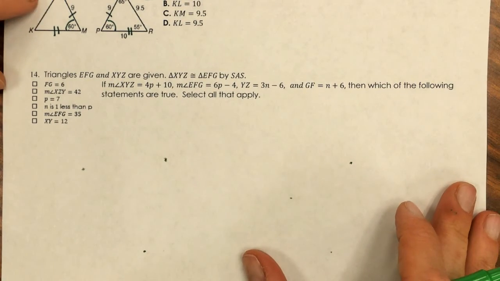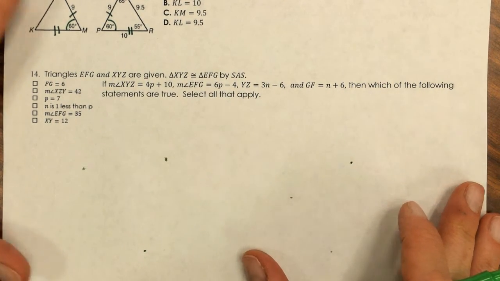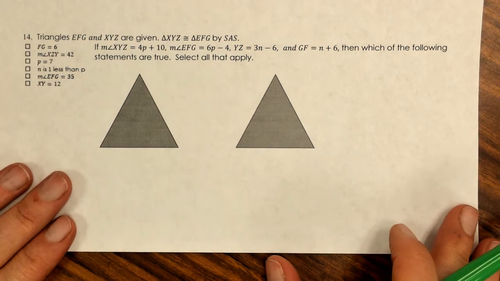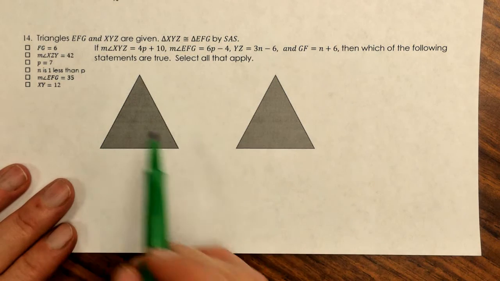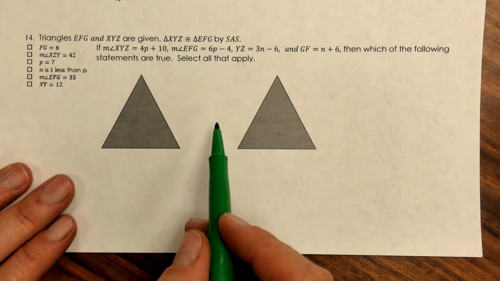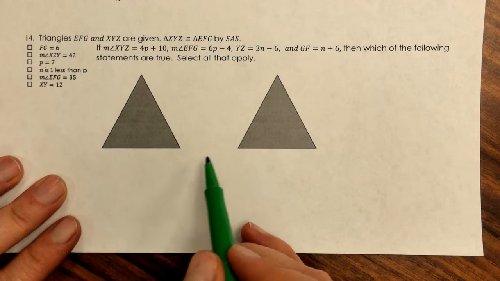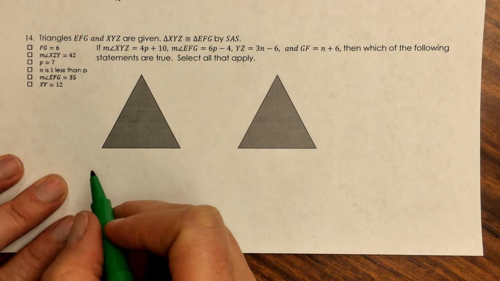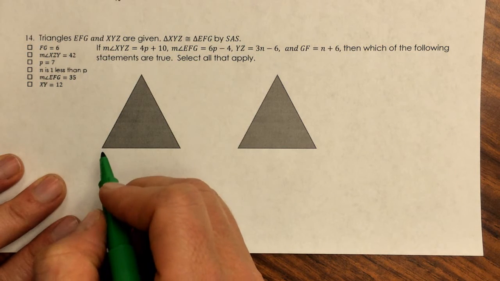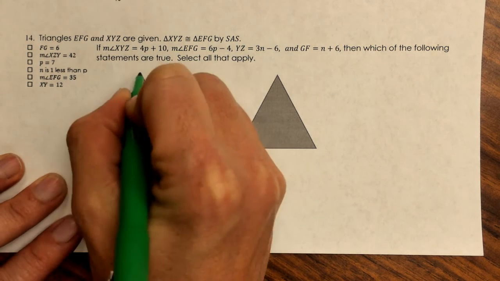Scooch the paper up. Here we go. Triangles EFG and XYZ. Okay, here we go. So I added in two triangles just to make this easier for you to see. You do not have this on number 14. You do not need to even draw the triangles, but for teaching purposes, I thought it'd be easier. So this tells us we have triangles EFG